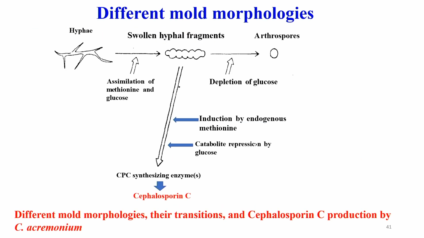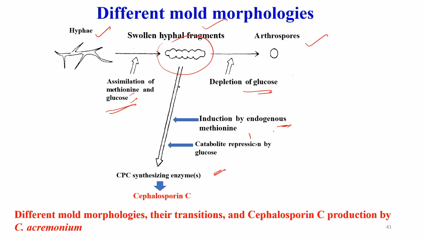So, this schematic gives the overall idea of how it happens. You can see the morphology: hyphae, then swollen, and then spore. How is it happening? From here to here, it goes due to assimilation of methionine and glucose. There are two substrates, and during the depletion of glucose, this is further converted to spores. And this swollen fragment is important for the synthesis of cephalosporin,